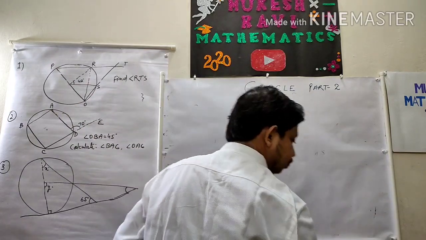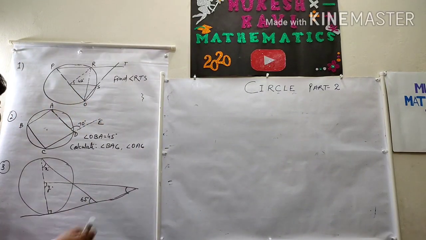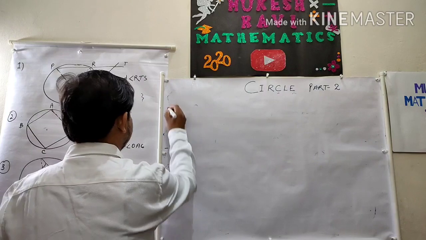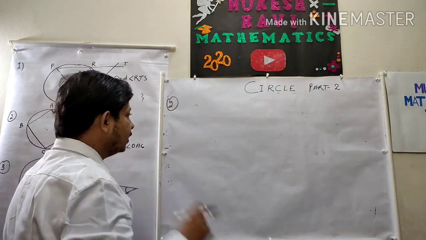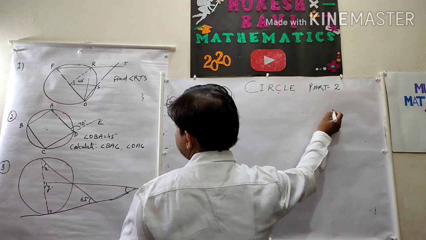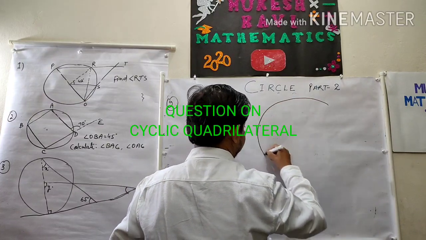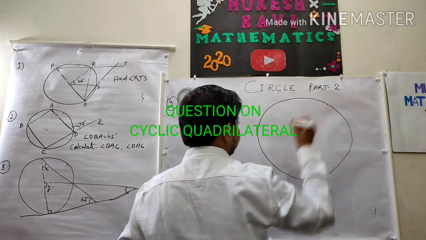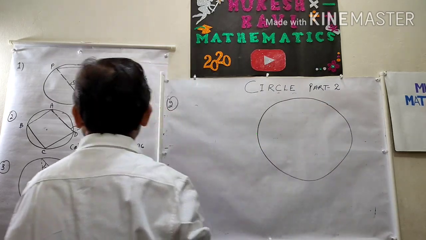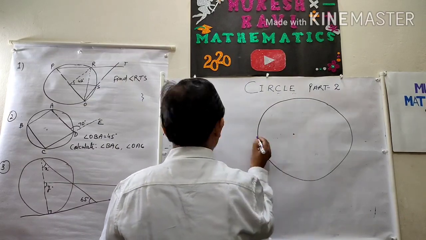Now this fourth one is also a very simple question, but I always believe that if you know the concept, then you are going to solve this question. Question number 2, sorry, not fourth one. Very logical question. How to join the center? This is your center.